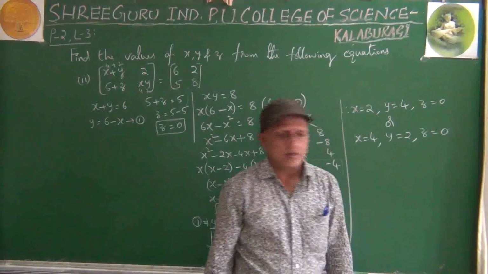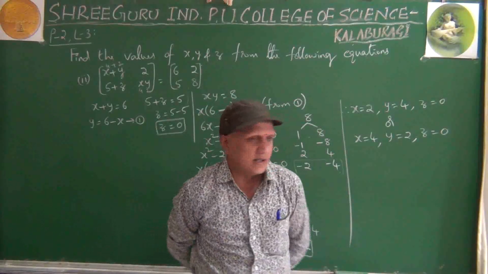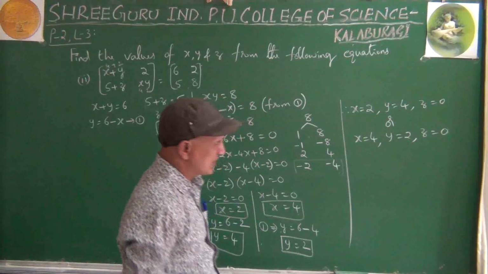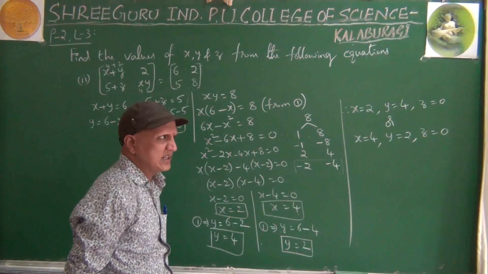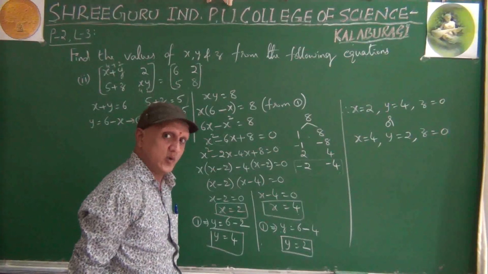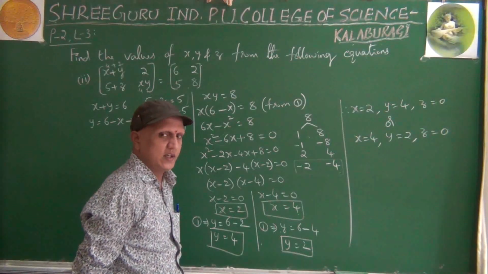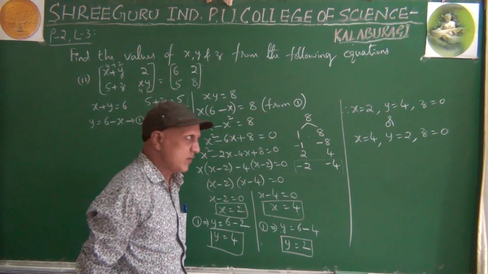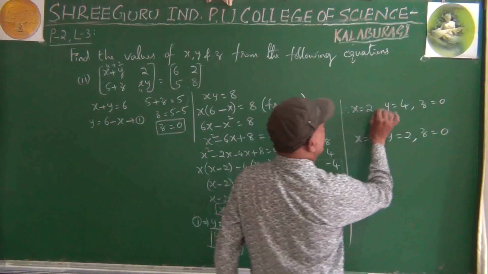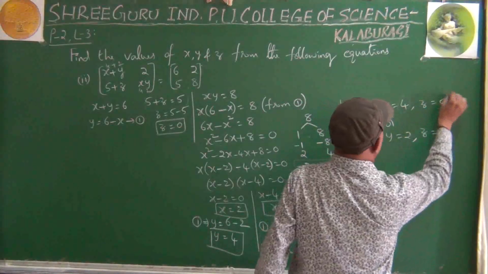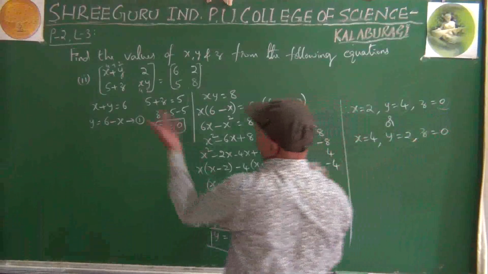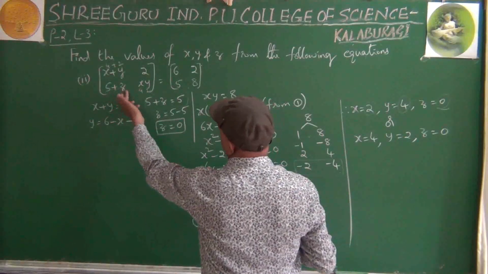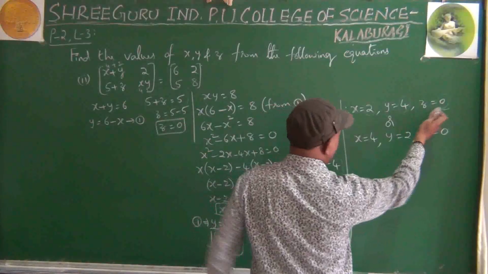Why I am specifically explaining this one means, in the coming questions, there is one question. In that question, for x we get 2 values, but we don't consider 2 values, only one value we consider. Remember that whatever values we are getting here, this I did not explain, nothing is there. What is there? 5 plus z equal to 5. Z value 0. 5 plus 0 equal to 5. So I am not bothered about this one.